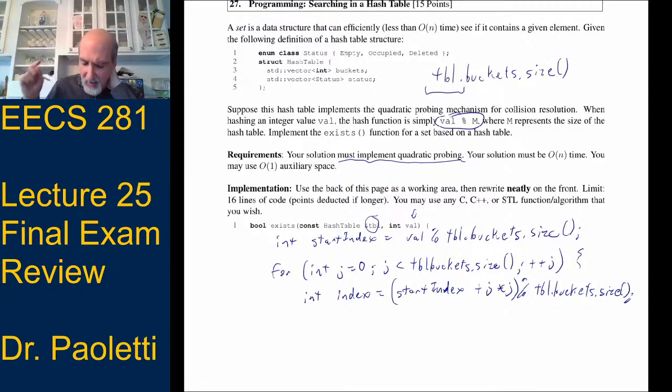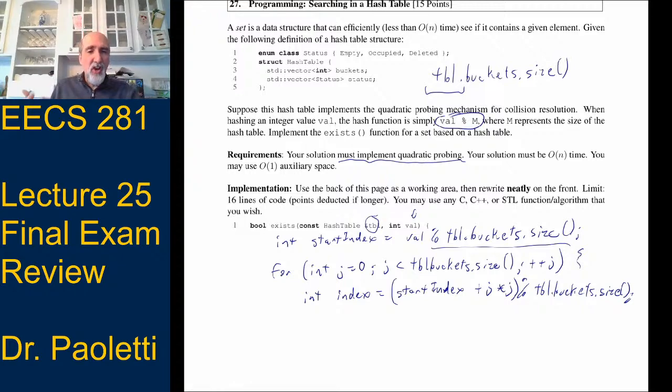Okay, so we take the start index, we add j squared, which initially is 0, so that's just the start index, modulo table.buckets.size. I suppose now that I look at the code, I could have left out that modulo because it's going to get moduloed later. Oh well, hindsight is great. Okay, so that's my index. That's where I want to look right now.